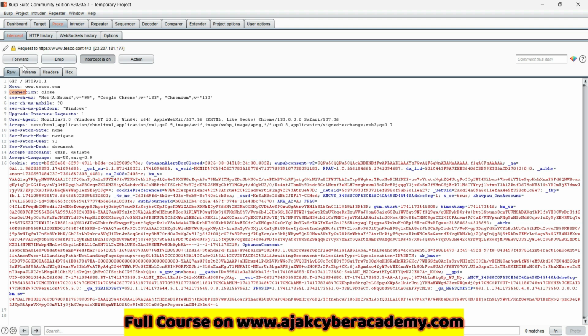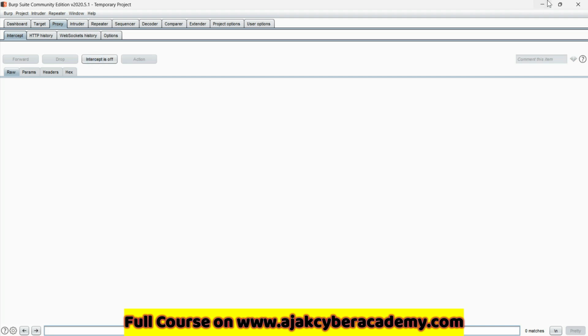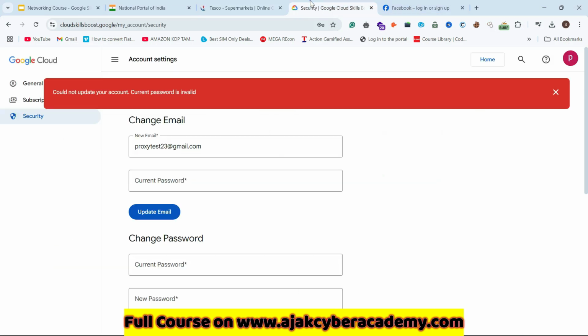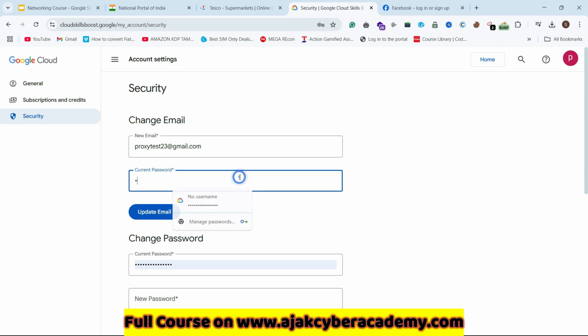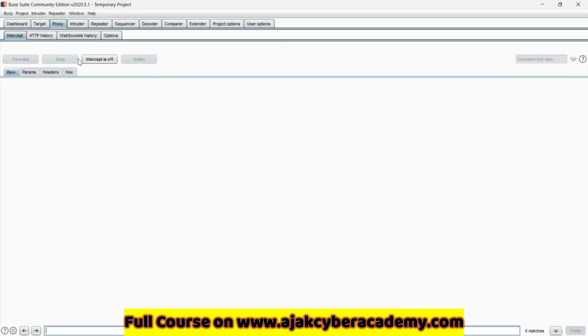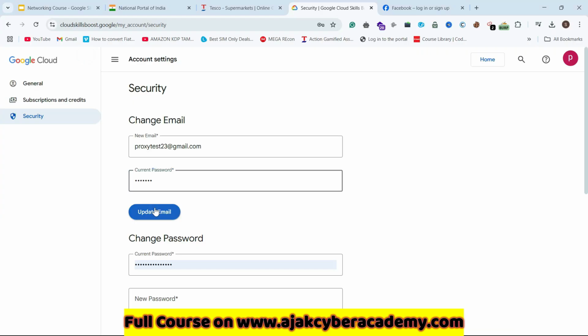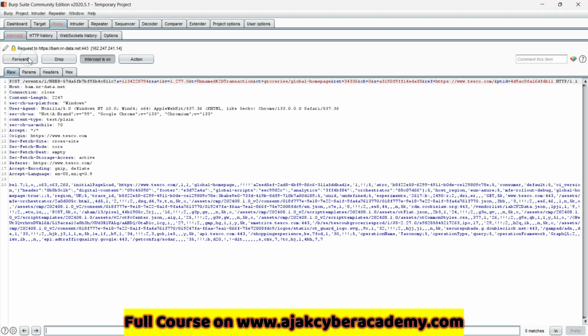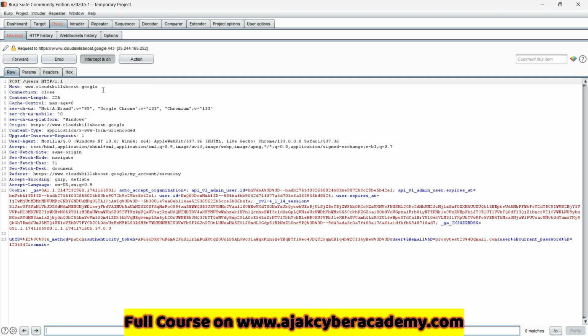Next one we'll be looking into is origin, guys. What I'm going to do is change the password over here to 123456, and change the email. Let's check where the origin comes from. So Burp is on, update email, forward. This is our request. As you could see over here, cloudskillboost.google, and the origin here comes from